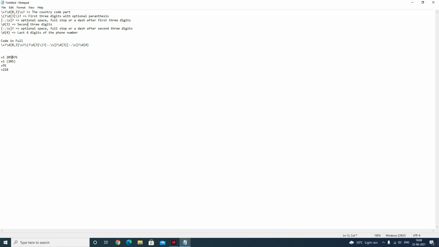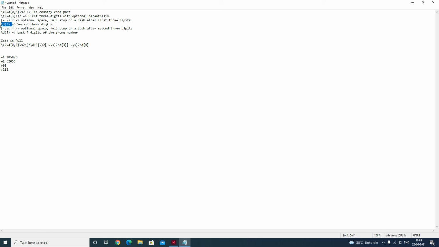Then comes the second 3 digits. This is the second 3 digits. This part covers this area only. It can be a space, it can be a hyphen, it can be a dot, or there can be no space at all.